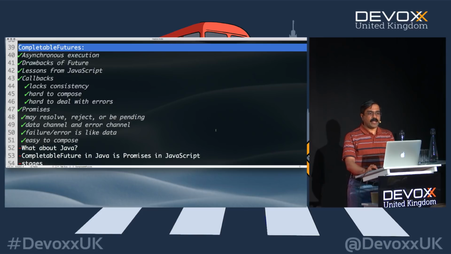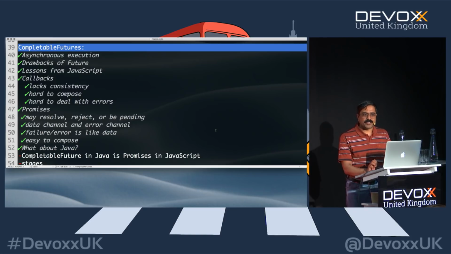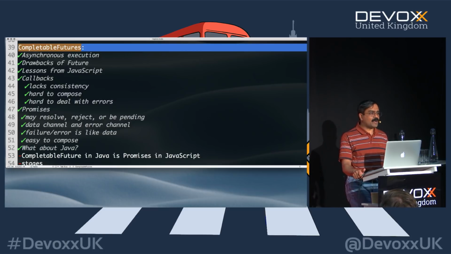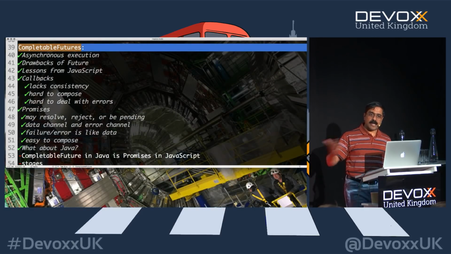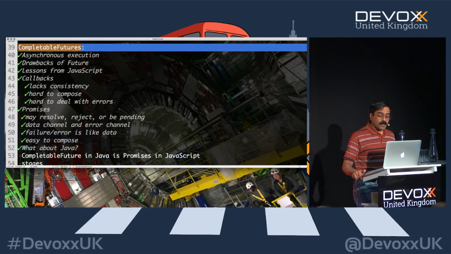I know what you're thinking. You're thinking, all right, Venkat, you went at length talking about promises in JavaScript, but I thought we were talking about completable futures. Here comes the real secret. Java has promises. But if they called it promise, you would know it. So they said, we'll call it completable futures. So completable future in Java is nothing but promises in JavaScript. This is purely the same idea, the same concept. In fact, completable futures are the promises in Java. So the JavaScript promises are now available in Java, in the form of what are called completable futures.